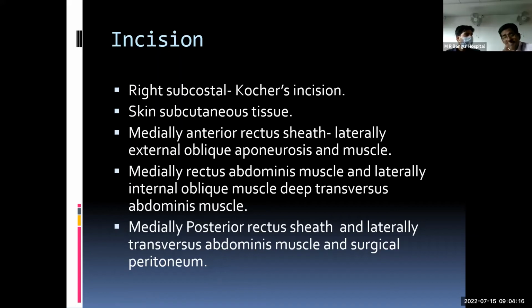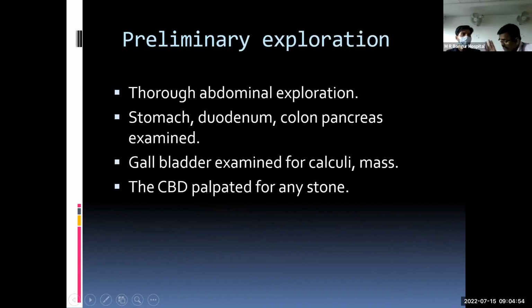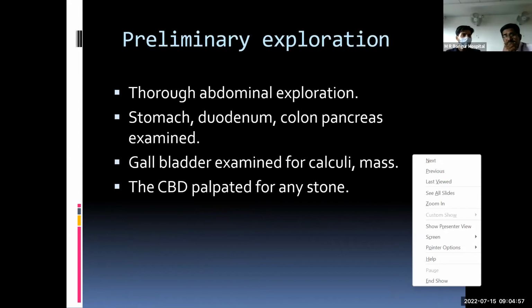So if you are describing a right subcostal incision, you have to keep in mind that all the structures are not the same, since you are cutting from medial to lateral. Medially, the posterior rectus sheath, the parietal peritoneum and the extraperitoneal fatty tissue are combined and cut together, and are called the surgical peritoneum. But if you go laterally, the sheath ends, and you find the transverse abdominis muscle and, deep to it, the surgical peritoneum. If you are given a card of open cholecystectomy, the examiner will stick to this part at least.